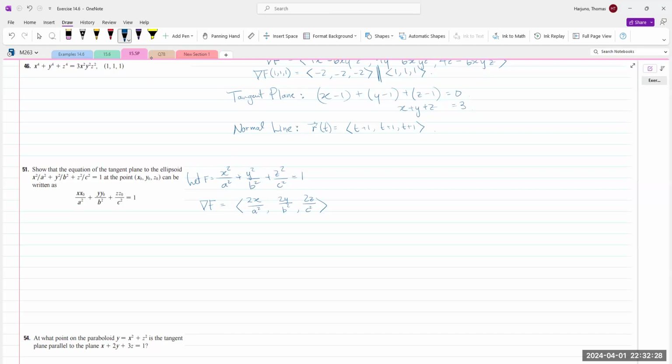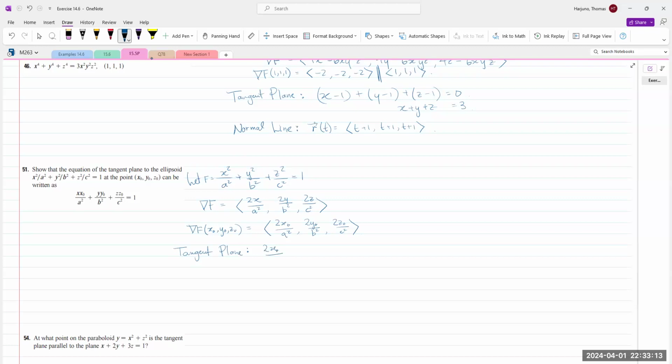Now then, at point x naught, y naught, z naught, we will get 2x naught over a squared, 2y naught over b squared, 2z naught over c squared, right? Okay, so the tangent plane has this equation: